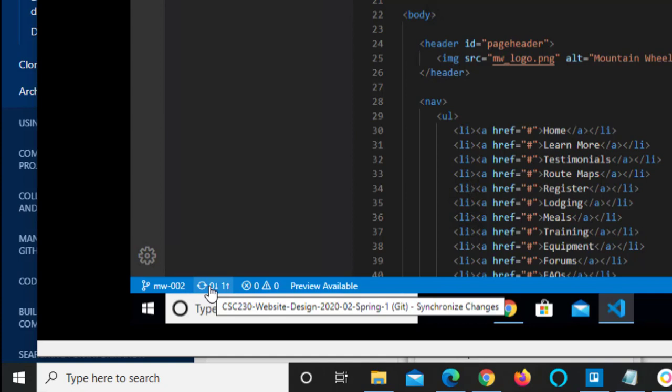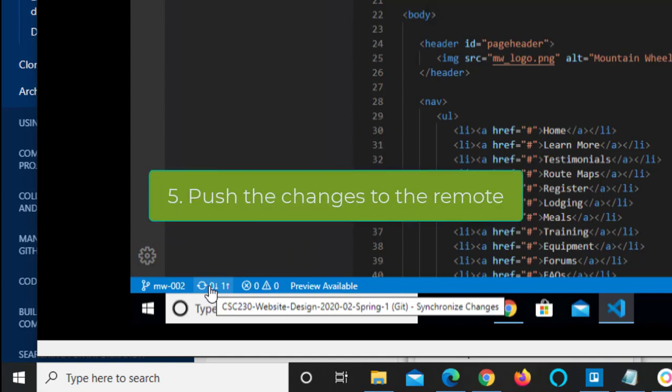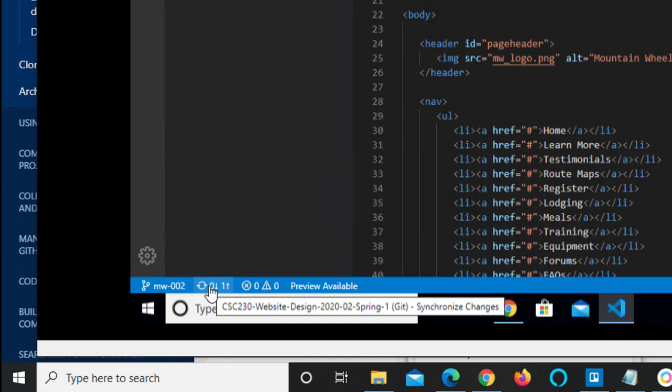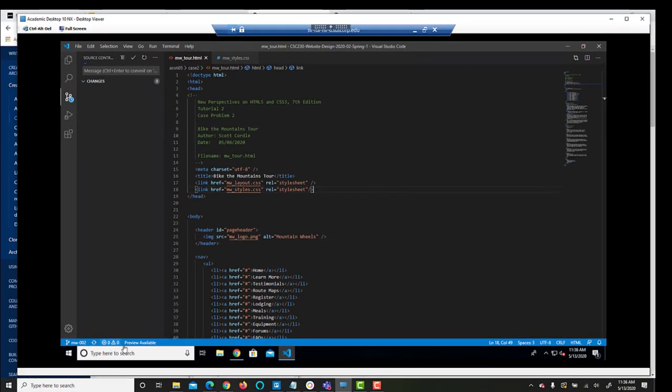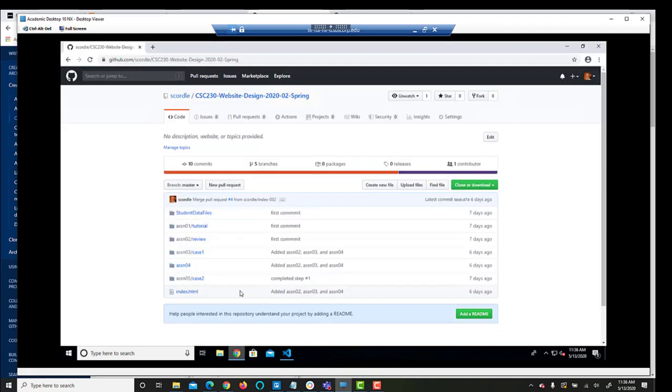So at this point, we have committed the changes here locally. Step 5 is to push the changes. So what we're going to do is actually click right here to push this out to the remote. And as soon as this becomes 00, we'll go take a look at GitHub. All right, so now we're at 0 again. Off to GitHub, refresh my page here,